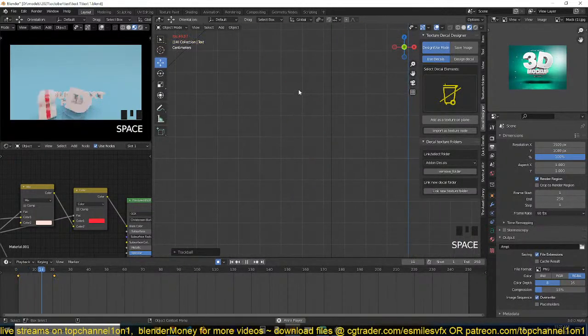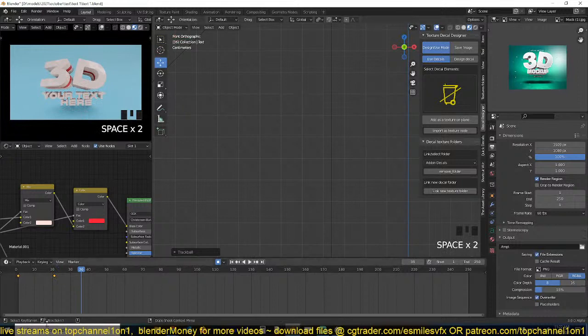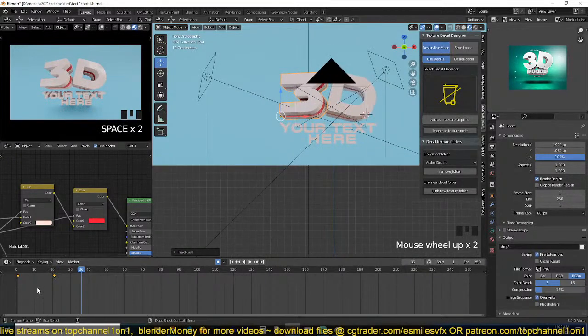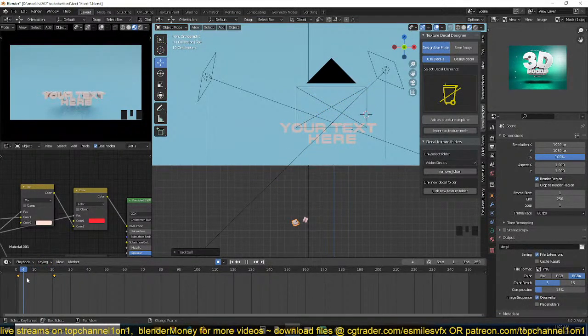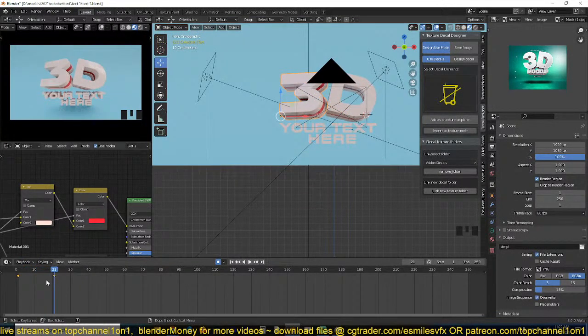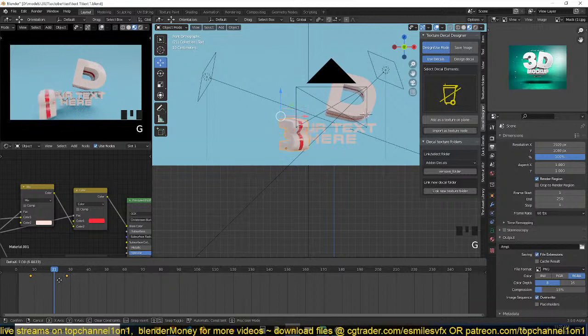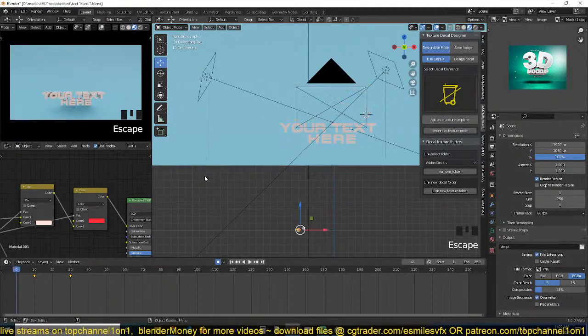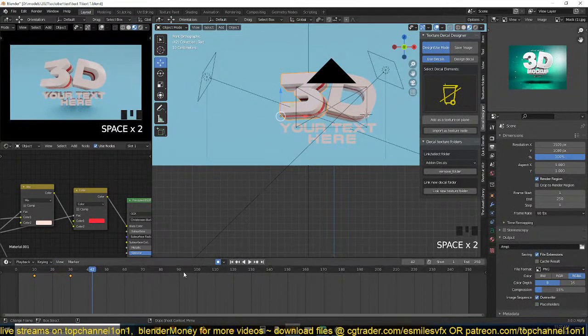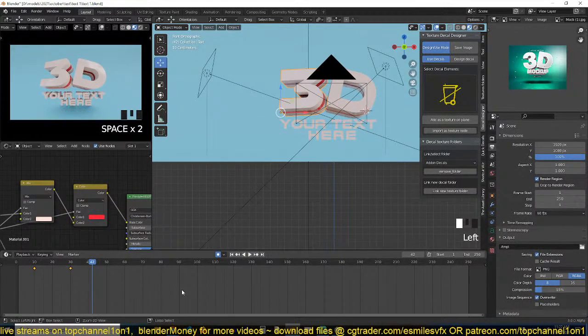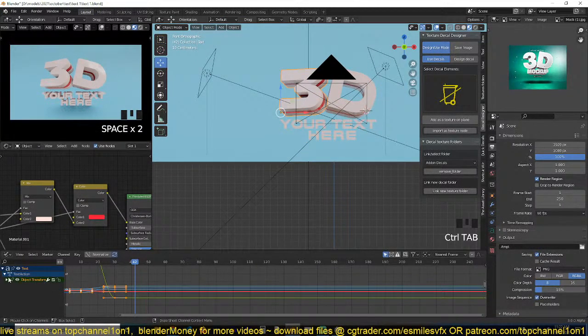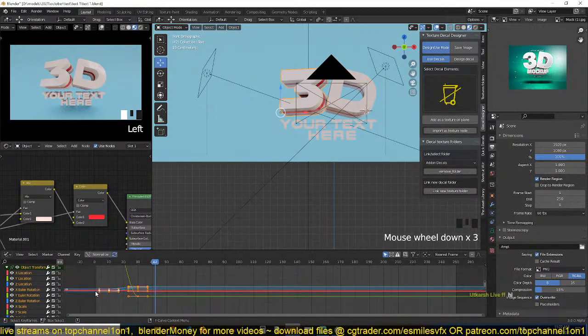Now if we go back to the camera, we get something like that, but I can offset the animation of these, so one comes after the other. Like that. And what we can do is, if you use Control Tab, and let's go to the Z